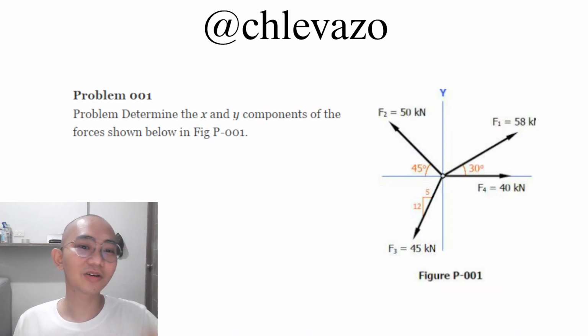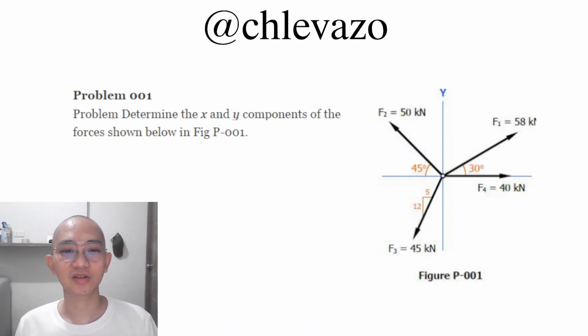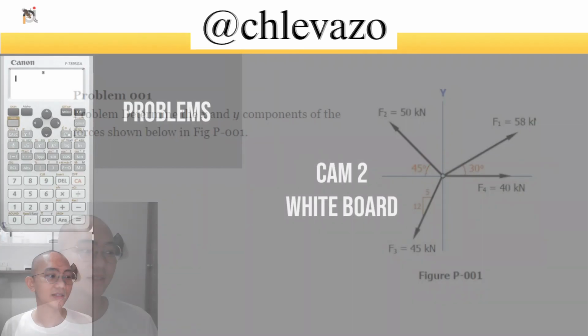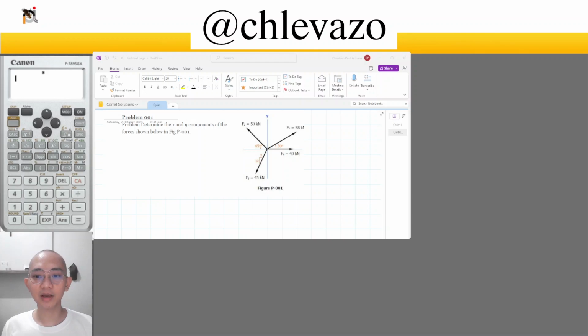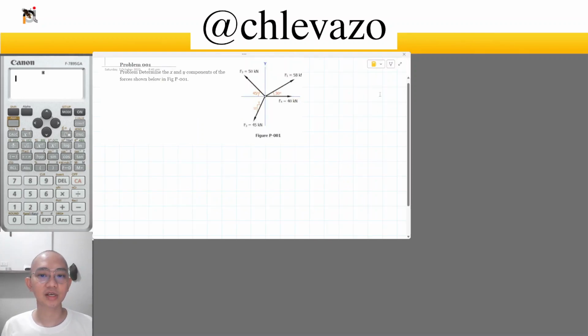Okay, so here, the problem is we have to determine the x and y components of the forces, but what we are solving here is not the individual x and y components of the forces involved, but the x and y components of the resultant. So we would be using the summation of forces later on. So how do we do this? Basic na basic. Let's try to answer it. To solve this problem, what we are going to do is just